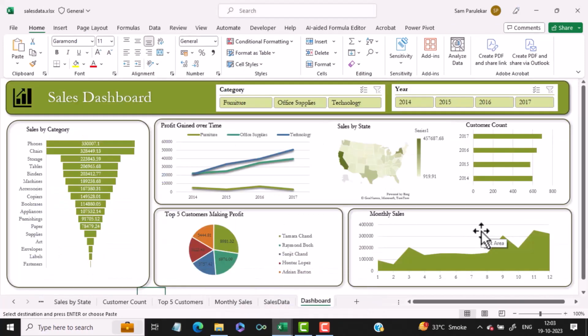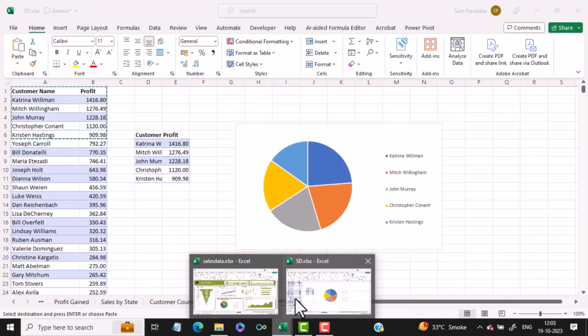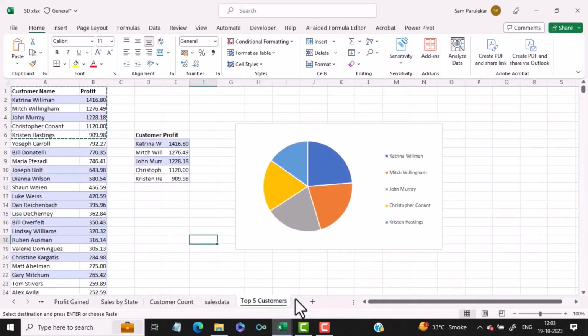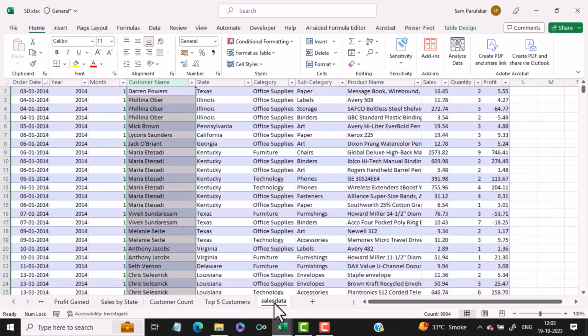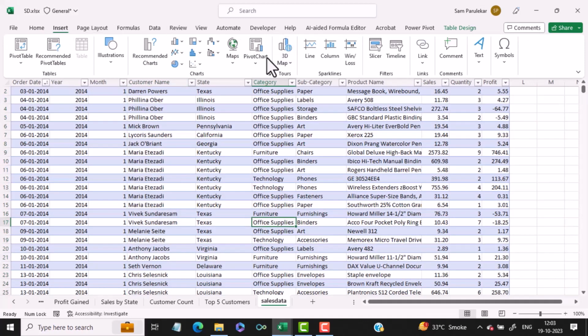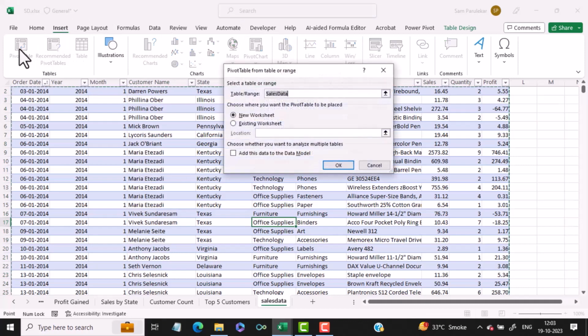And then finally we want the monthly sales. So here you can see the month, and here you can see the sales figures. So that's an area graph. So again we come to our data. We click over here. Let's take this here. So we click over here and we click on insert, and we say pivot table, sales data, new worksheet, and